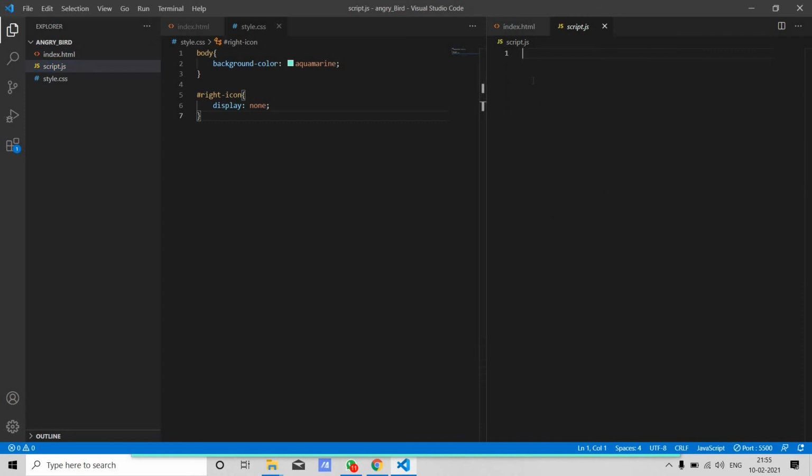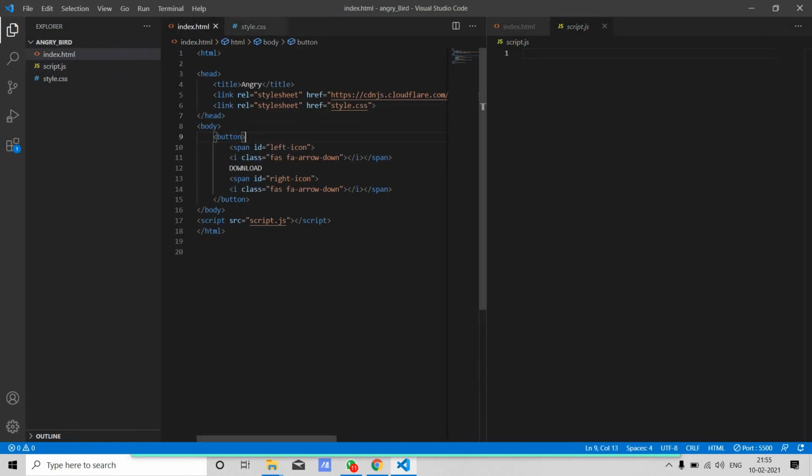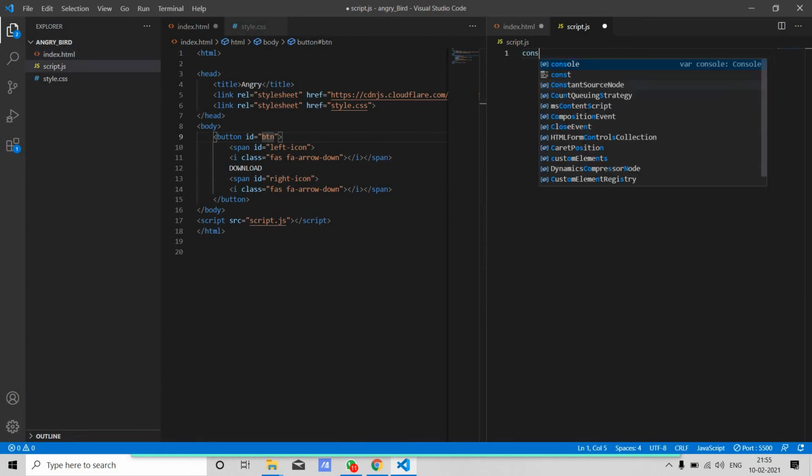Okay, JavaScript code. So in CSS, to select a particular element, we use hashtag and write the name of the ID. But in the JavaScript file, suppose I have to select the button. To select a button, I just give an ID to that button known as btn. Okay, to select this button, what I will write is that